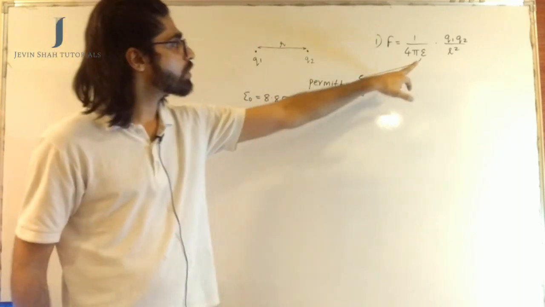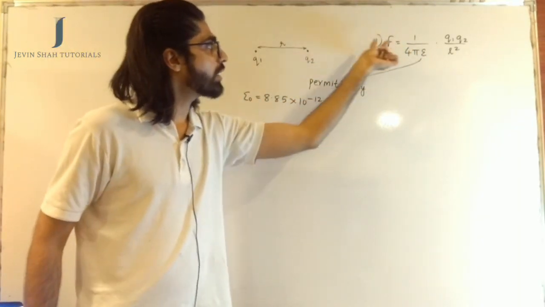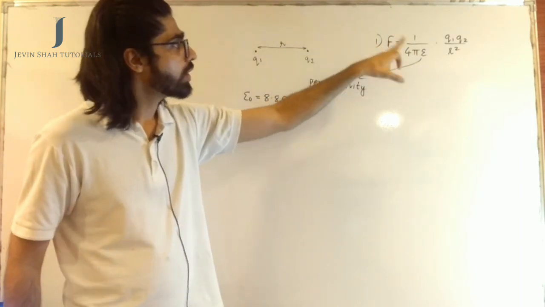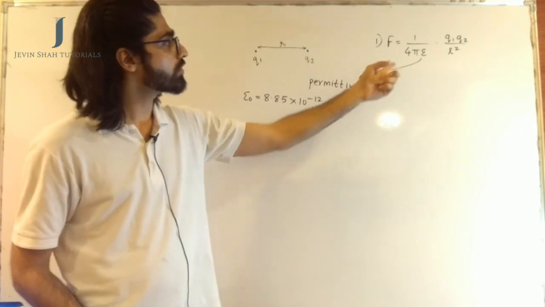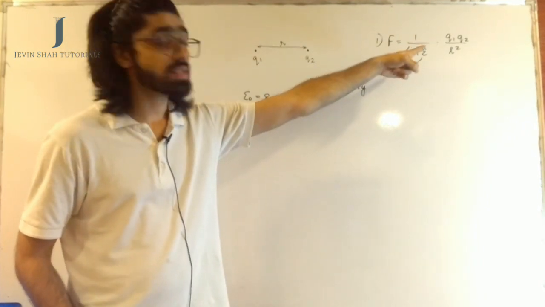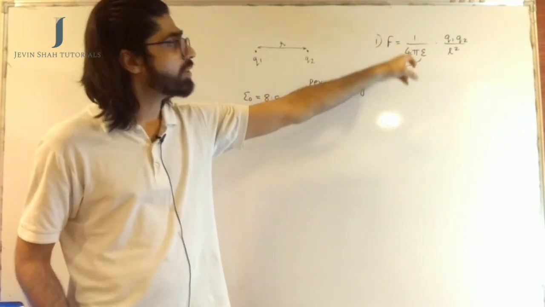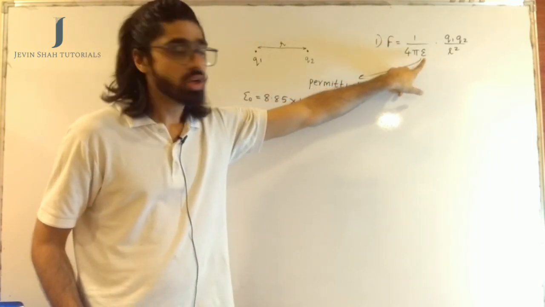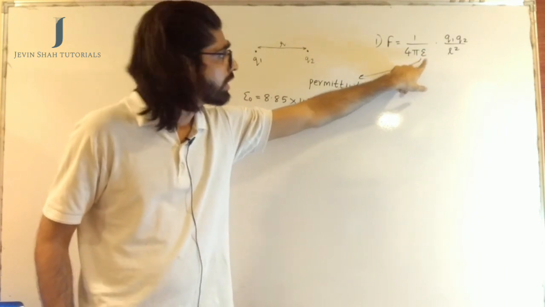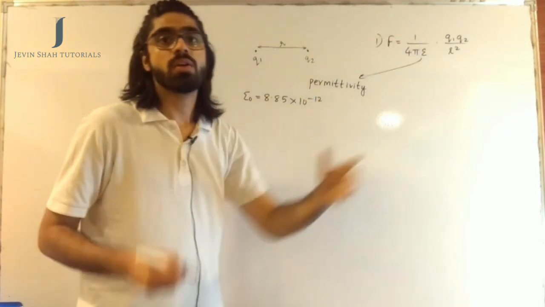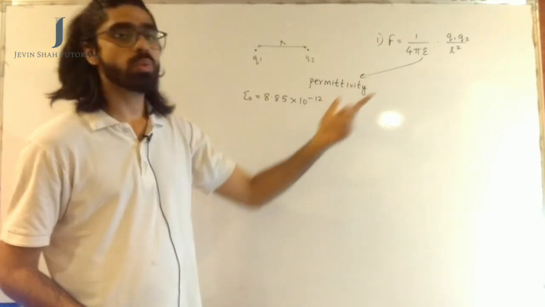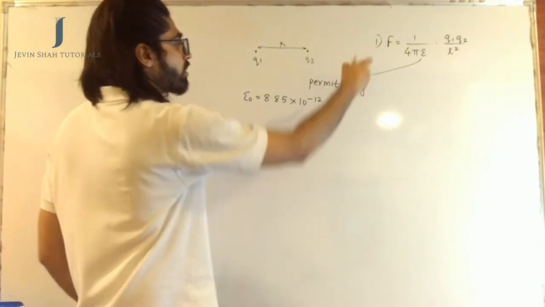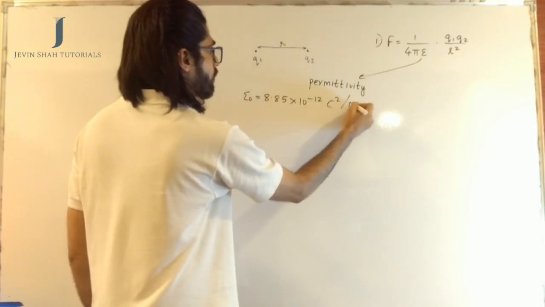Say for example, if this was epsilon naught, take that epsilon naught on the left and take this F on the right hand side. So the unit for epsilon naught will be obtained by writing the units of the terms you have on the right hand side. Charges are written in coulomb, so the numerator will be coulomb into coulomb, that is coulomb square. This F came in the denominator, so that will give you a Newton in the denominator, and there is R square. We write distance in meters, so the unit for R square will be meter square. So finally the unit for epsilon naught turns out to be coulomb square per Newton meter square.